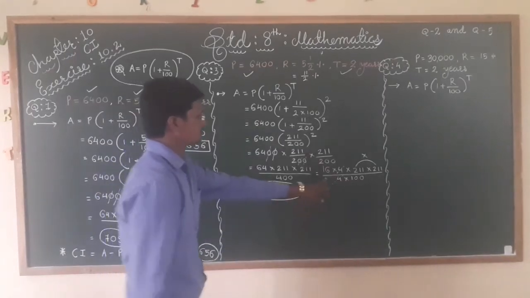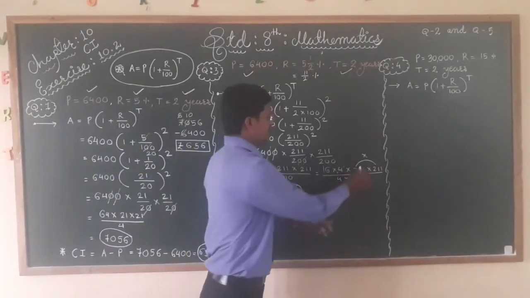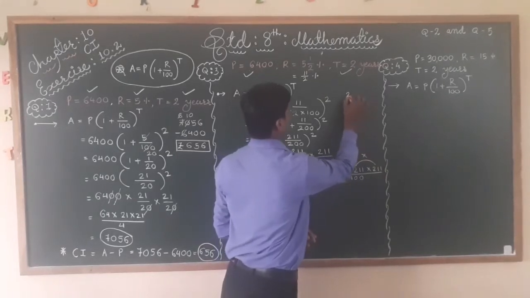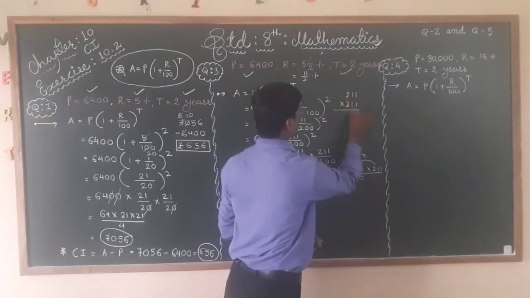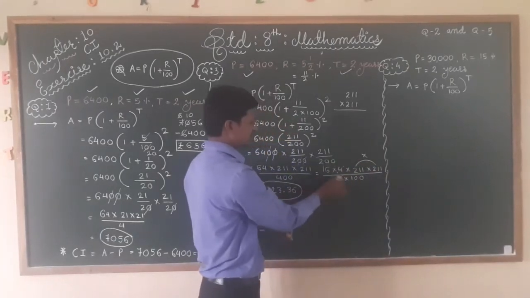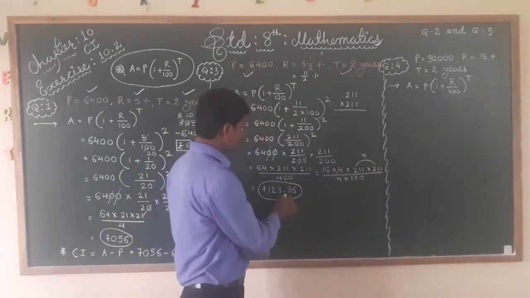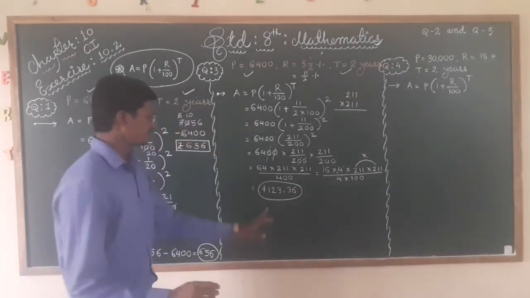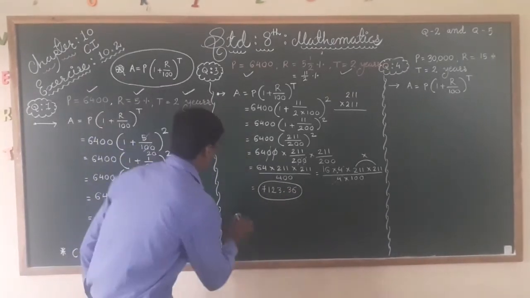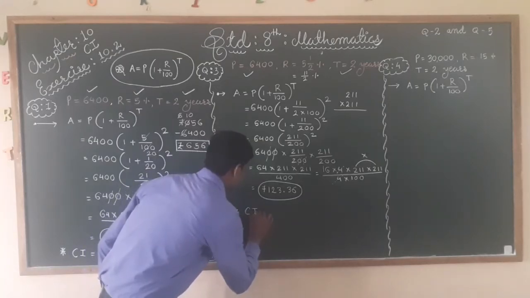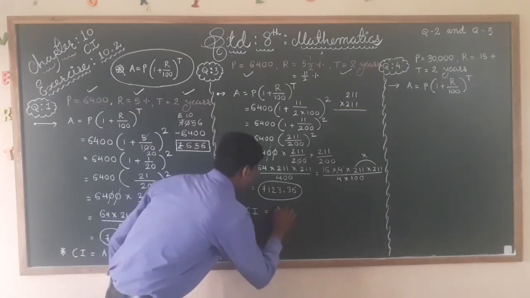Okay, so again and again you can do multiply, but simple, this multiply here 211 multiply by 211, 3-step multiplication. Answer you will get. Again you will multiply with 16 and divide by 100. So when you divide by 100, it will come in decimal. Okay, so like that we can do. Now what is mentioned in the question, we have to find the compound interest. Compound interest A minus P.